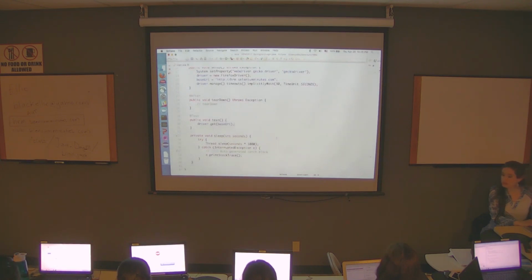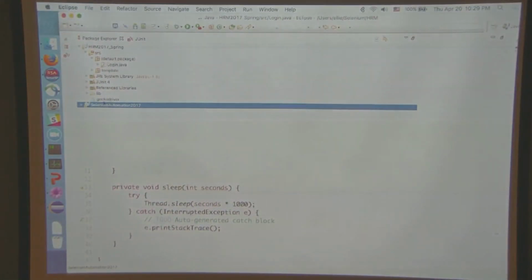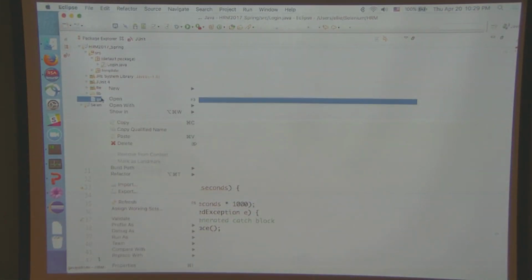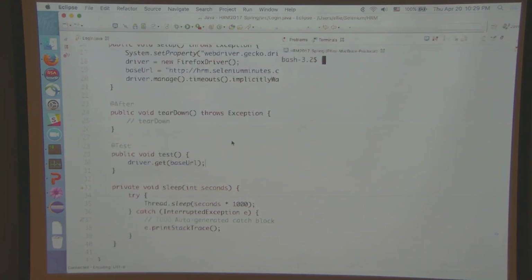Okay, so how do we fix it on the Mac, you guys? Here's what you do on the Mac. Let's see if we can do it the simple way. Okay, here's what you're gonna do.